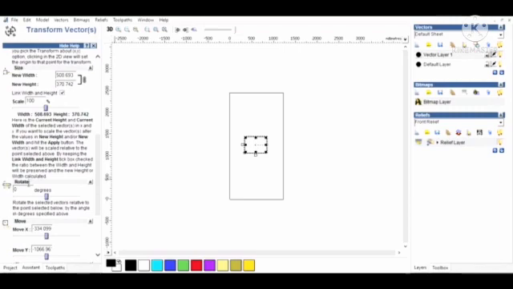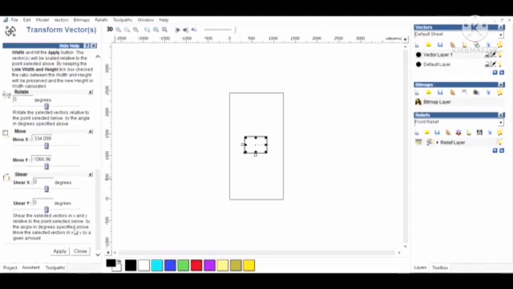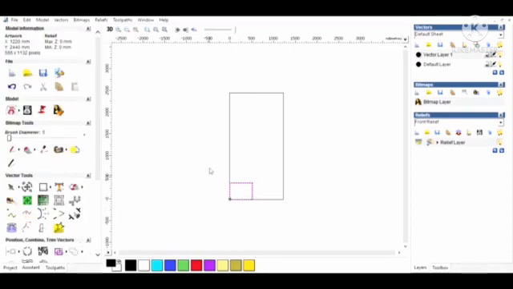And this one is for the rotation, we can rotate 90 degrees or so, and this one is for moving left or right. This one, Move Y, means it will go up and down, minus will be down and plus will be up, and then we will apply this. Here it will come to this corner if we do not make Transform Vectors. So for example,